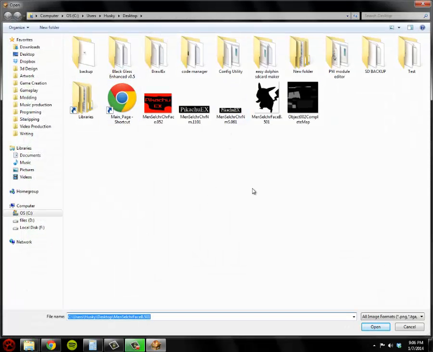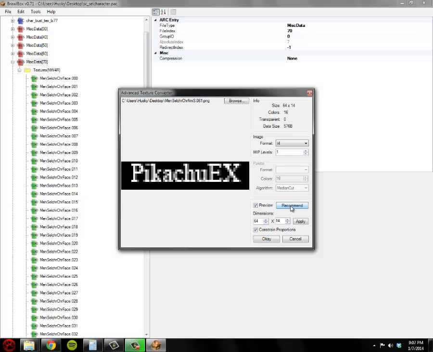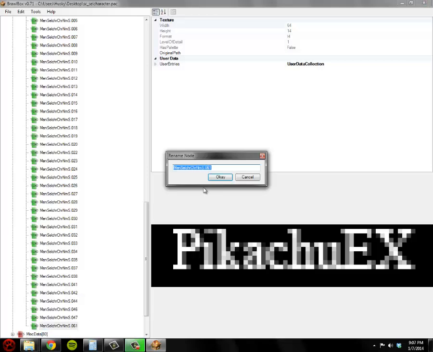There's going to be one for the name too. You're going to need one for the name, and it's the one that says men cell char NMS. There's a difference because this one goes in an area that's going to show up over your character selection portrait, while this one shows up normally over the character selection icon. So I'm going to go ahead and import this one because it'll crash even if we don't use it. Just go ahead and import it and hit recommend. It doesn't really matter. So click OK and rename this one to 110.